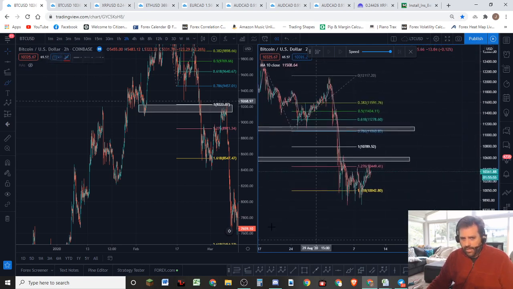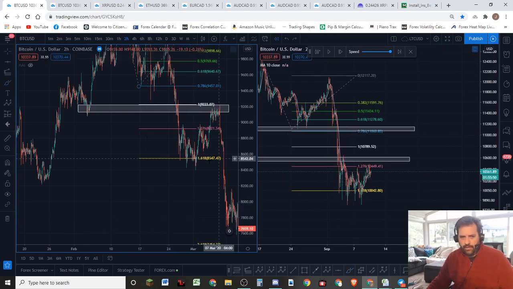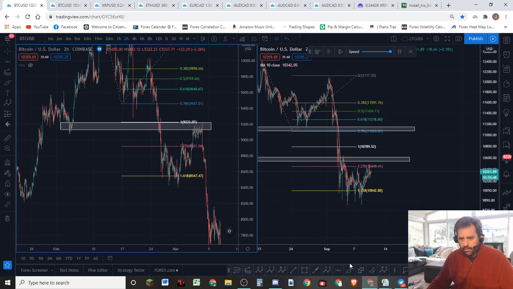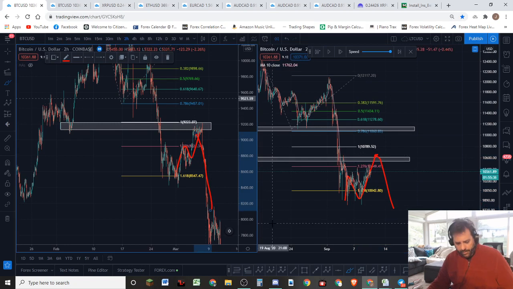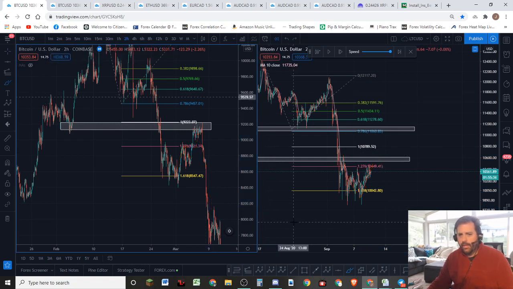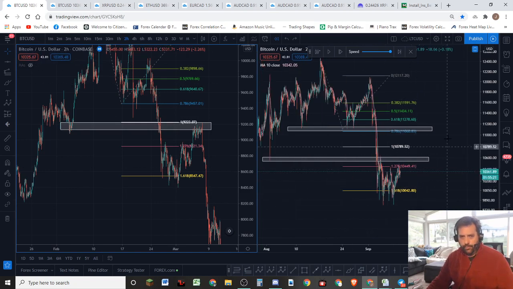We could get some shape, like this, where this made a zigzag to the upside, okay? But this one has a flat formation here, but it might get up to this region and then continue down in that manner, okay? Pretty impulsively to the downside. So be careful here. It's just a fractal I've seen here, but again, this is a consolidation pattern. Consolidation pattern, probably corrective in nature before we get the next down move.